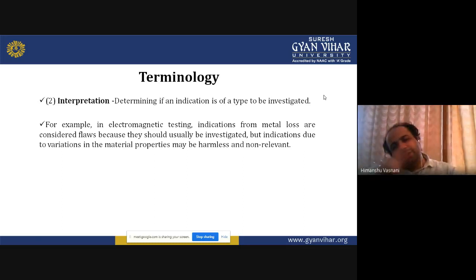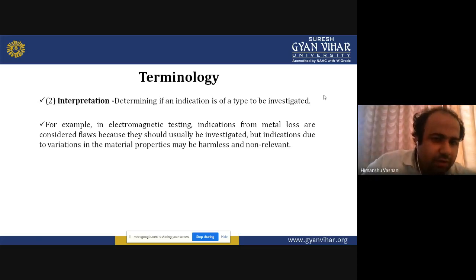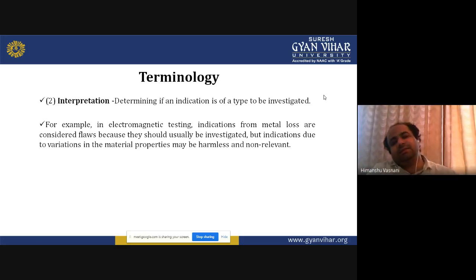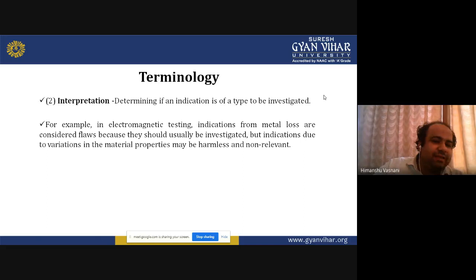Okay, so interpretation is also important in it. You have to understand how to interpret the indication. If you are unable to do that, you cannot overcome that. See, this interpretation technique needs experience. Indication can be seen, but after seeing the indication, you should have the experience to interpret it. If it is false, then why is it giving a false interpretation?